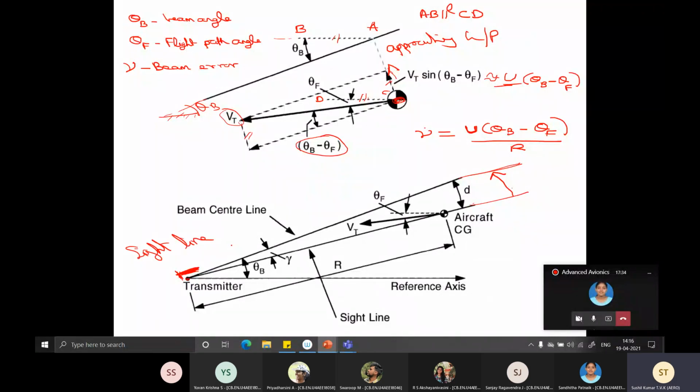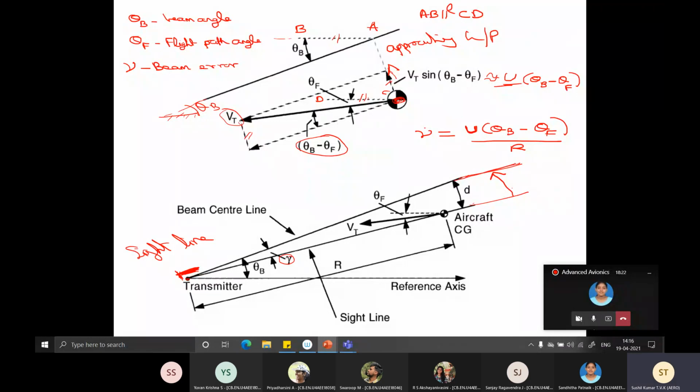So now imagine yourself at the transmitter, and with the crosshair of the telescope, you keep monitoring the aircraft. Okay, and then you know whether it's displaced up or down, and you ask the pilot to go up or down. Okay, that's for the calibration part of it. But for the autopilot, no one is going to keep a telescope at the touchdown. So we know that gamma is nothing but the beam error. So we want this gamma to become zero. That's our aim.